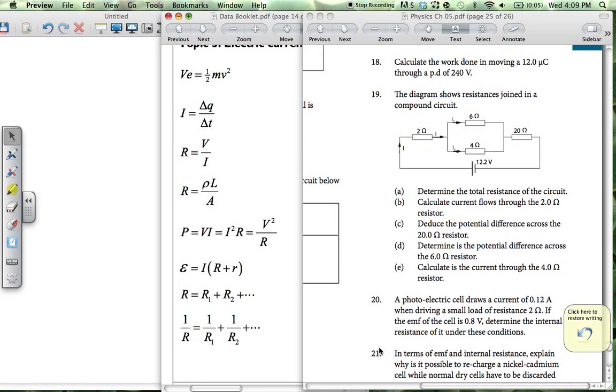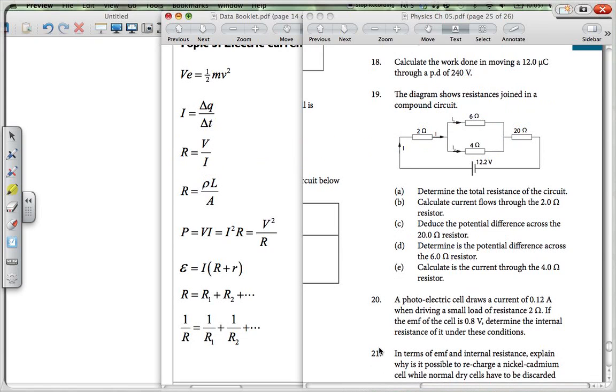There are other ways of doing it that we could use. We also know that we have here an effective resistance across here. We could use that effective resistance to work it out and determine the current through the 4 ohm resistor. Now, because we know that the voltage across each one of these is 1.2 volts, we can work out the